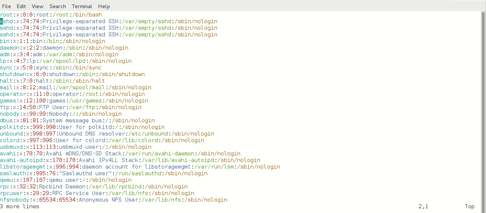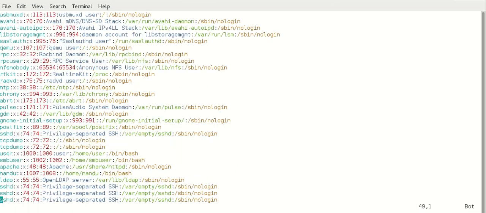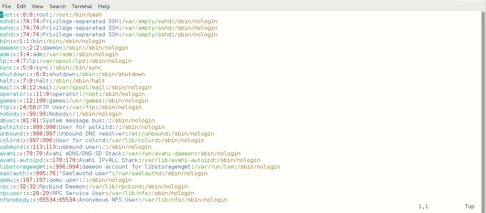See, the SSHD lines I copied at the end of the file, these 3 lines, I copied at the beginning of the file, below the root line. So where the cursor is, those lines will be added below.